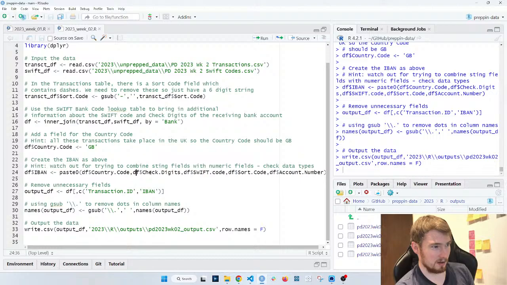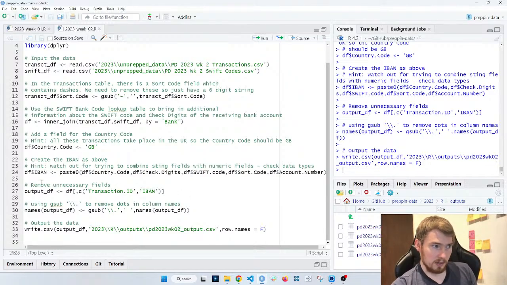We can just list out our columns, separating them with commas. Note we had numerical columns and string columns, and it didn't matter that we could paste them all together, which was nice. So we didn't need to do any type conversions on account number. Okay, so we got our IBAN done.